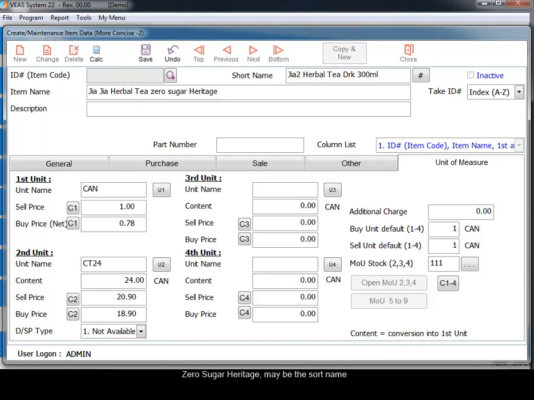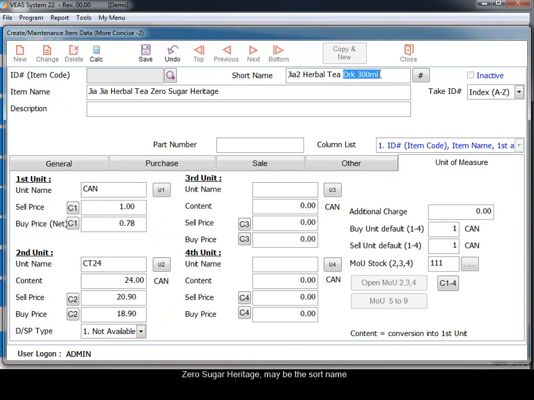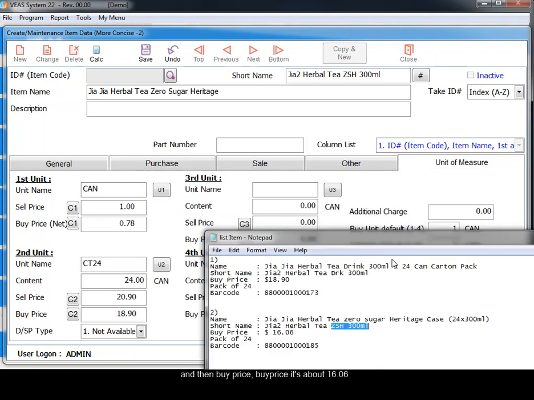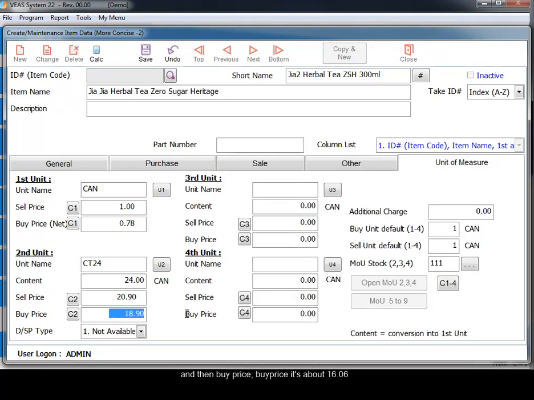Zero Sugar Heritage. Maybe the short name, and then the buy price is about 16.06.